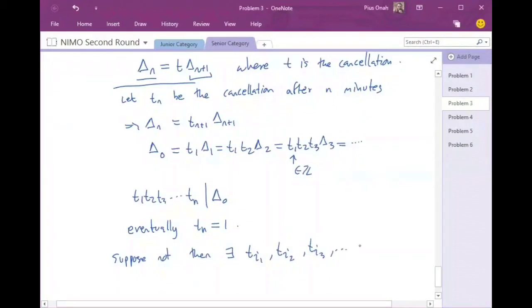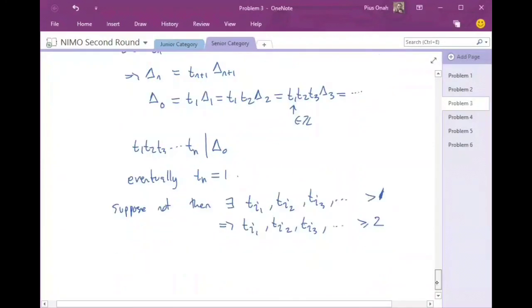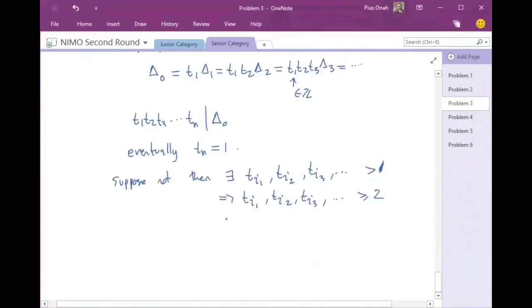So definitely many terms that are greater than 1, and the fact is that these are all positive integers. Integers mean that they all have to be at least 2. So if we take the products of those numbers